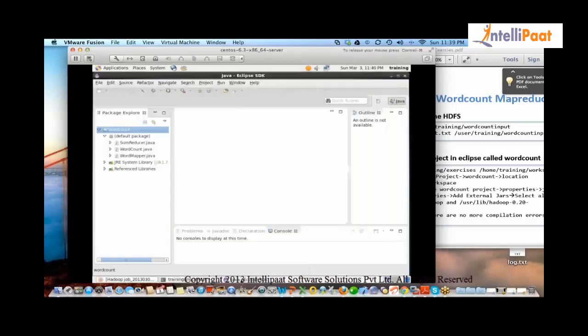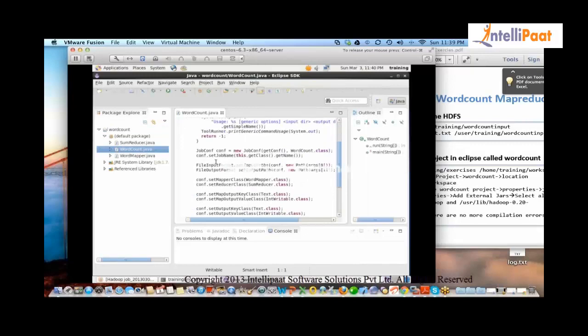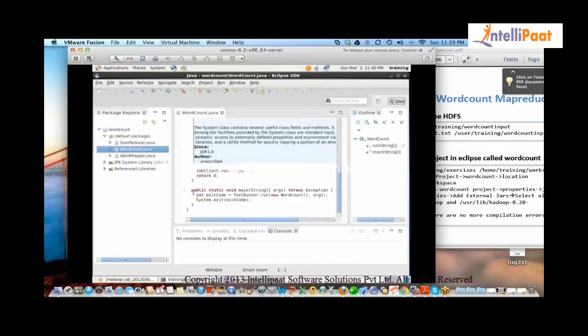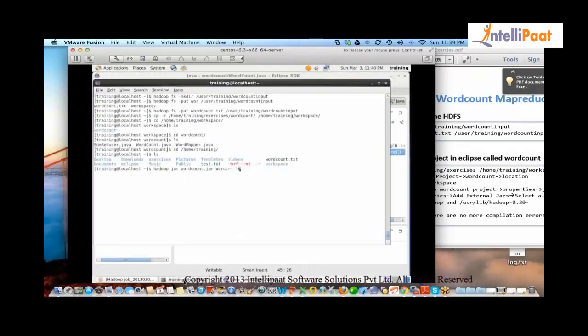My main method, the starting point, is in class file WordCount, public static void main. So this is my starting point. So I need to tell Hadoop that in wordcount.jar, WordCount is my main class. Got it?